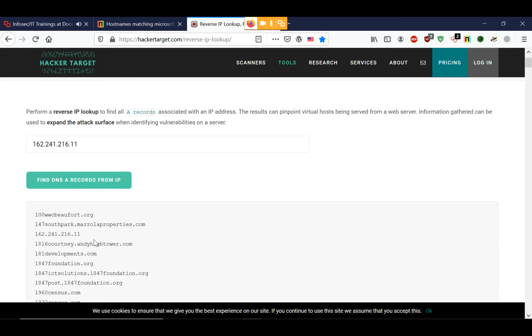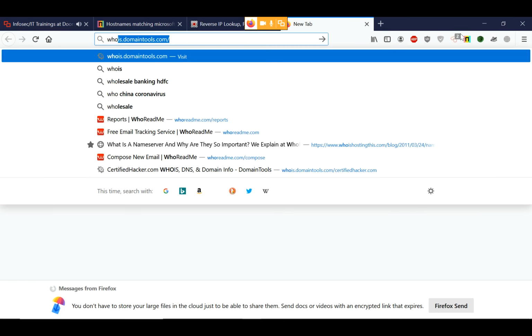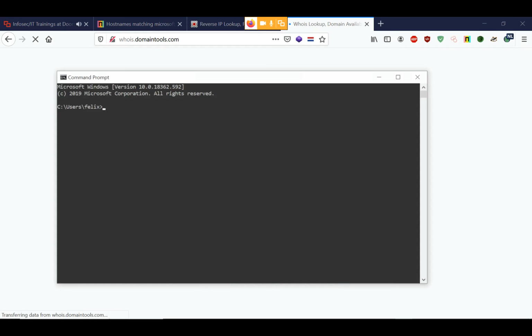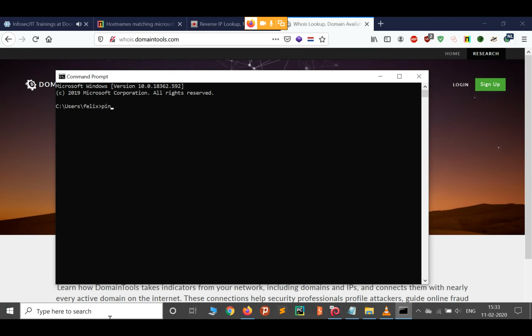So where did we get the IP address from? I can show you. When you open Whois, it will give you the IP information. And also, what we can use is, if I open CMD and ping any website name,